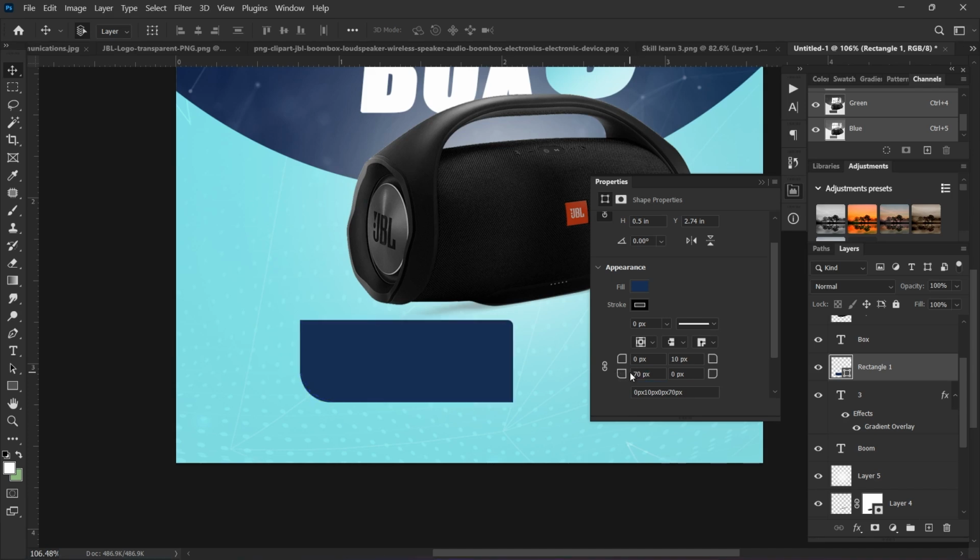Alright, 70 pixel looks okay. Do the same to the other side. Keep it at 70 pixel. We can just go ahead, type 70 here. Alright, that looks cool. Just hit OK,